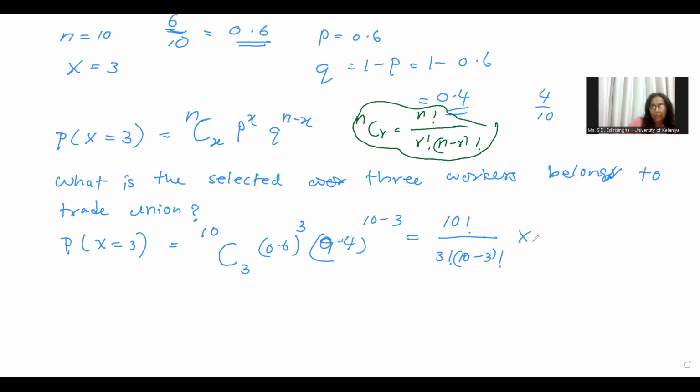multiplied by 0.6 to the power 3, 0.4 to the power 10 minus 3,